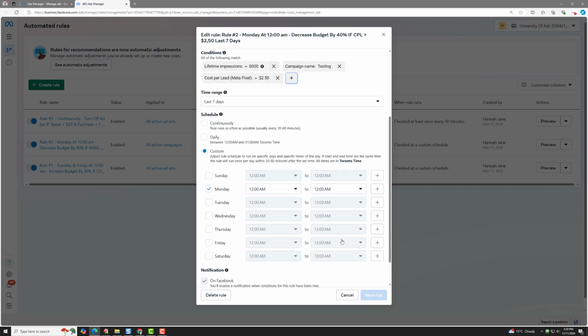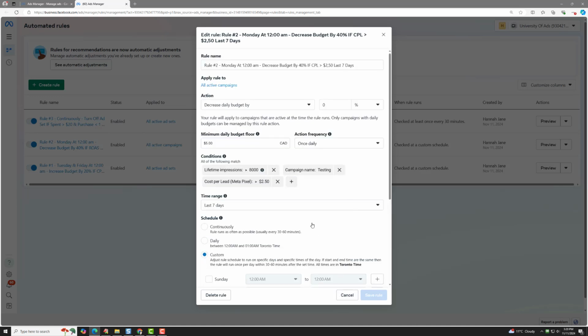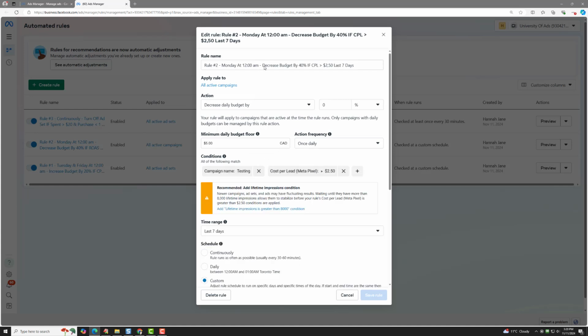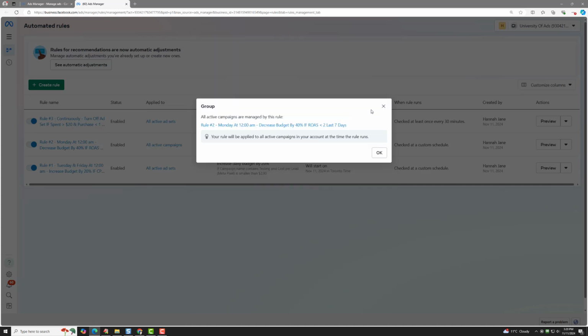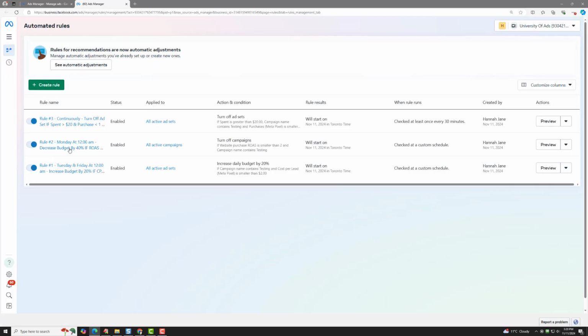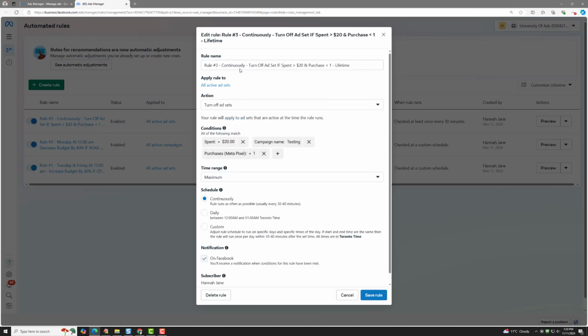night. So that's fine. Don't know why it's not saying save rule. Oh, get rid of this maybe. Decrease daily budget, apply rule 2. Oh, that should be all active ad sets. Okay, so we'd have to fix that to all active ad sets. And then rule number 3, we would modify this one to say something like